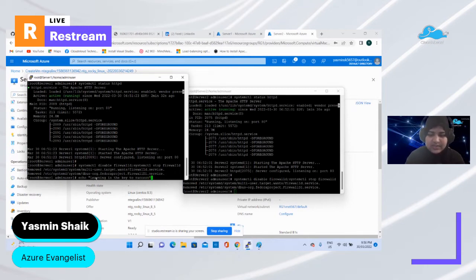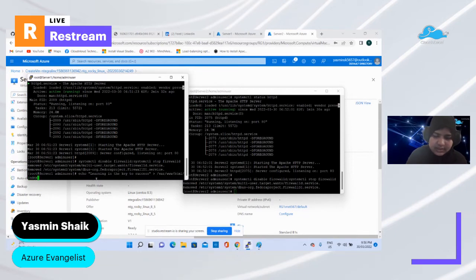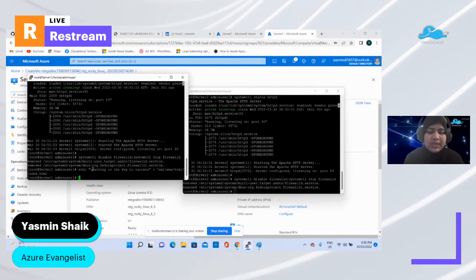I want to redirect this message into my root directory, /var/www/html/index.html, in this file.